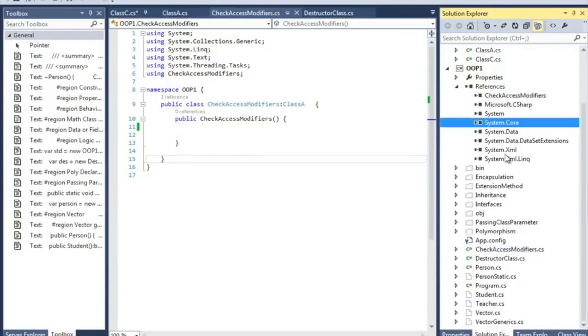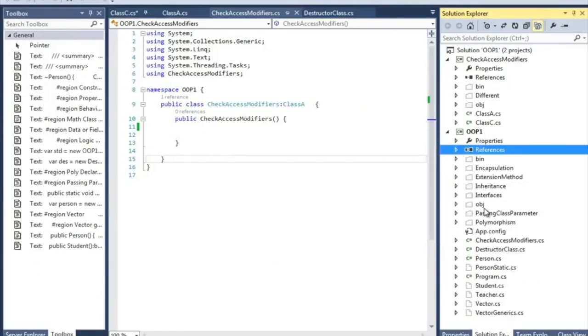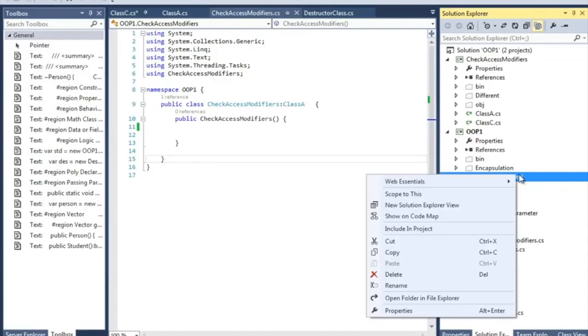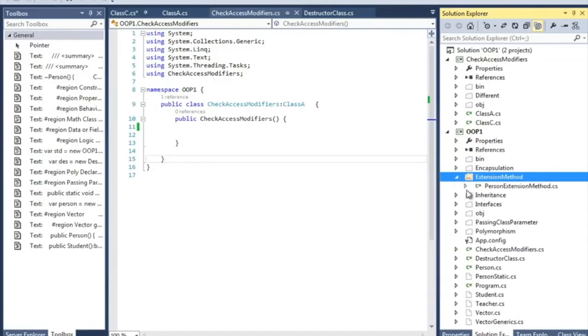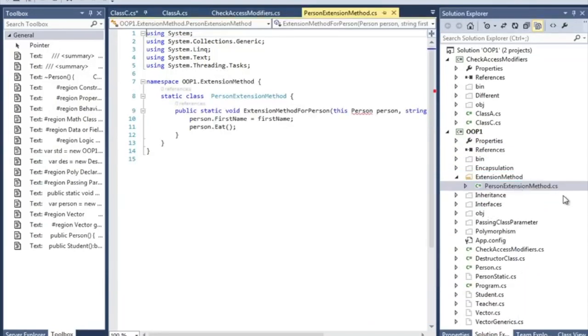Here we are, and let's add our extension method to our project. Writing an extension method is very easy, but the requirement is that you have to make the method static. You have learned static so far.